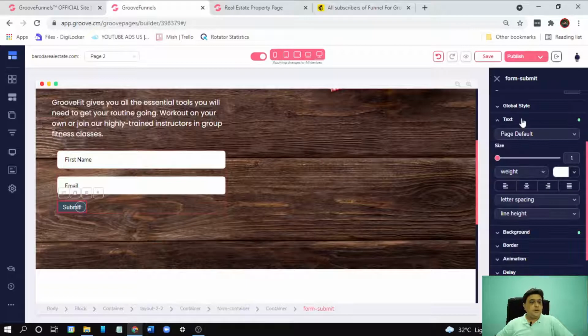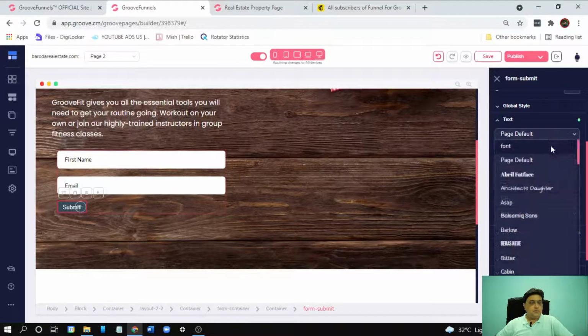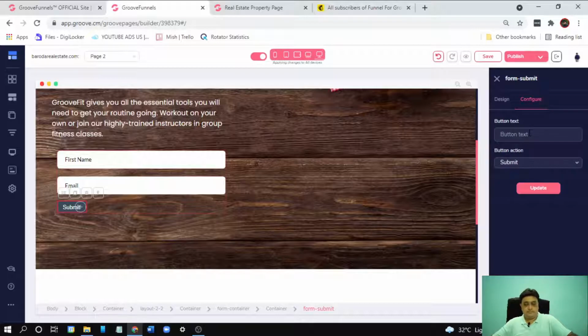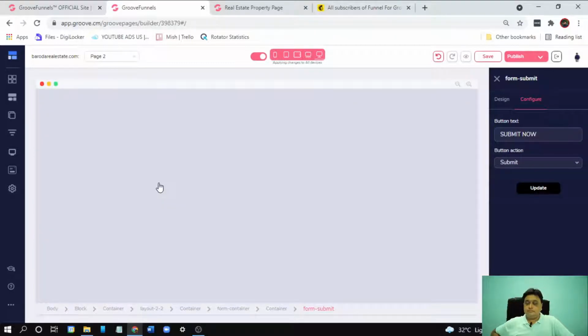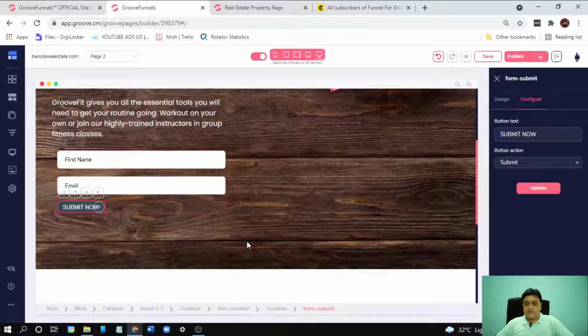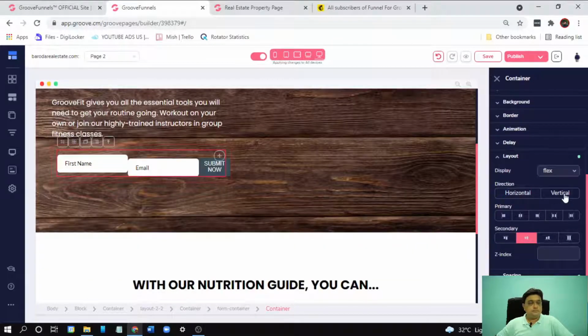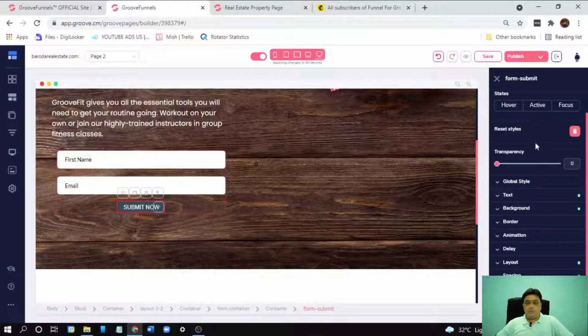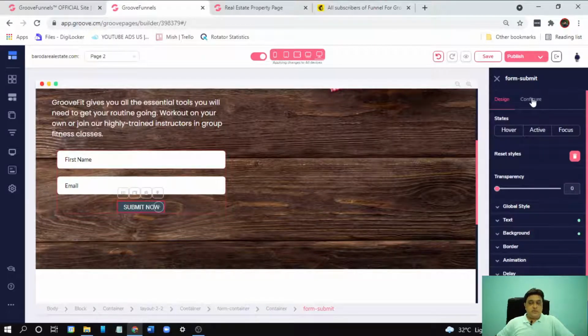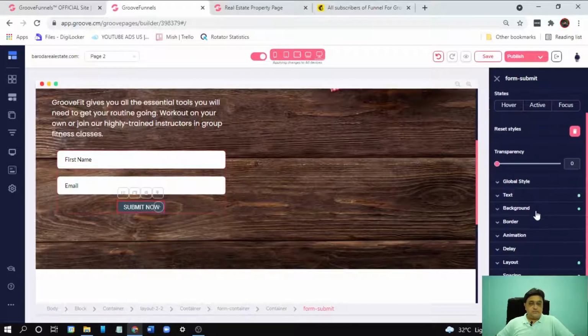Okay. Now let's give a name to the button here. We can give a name, let's suppose we write submit now. Now let's make this button centered. Now let's give the same spacing to the button as the both placeholders, meaning size.